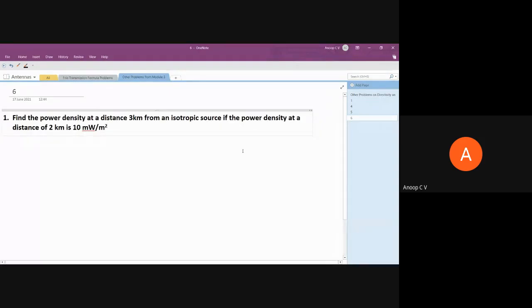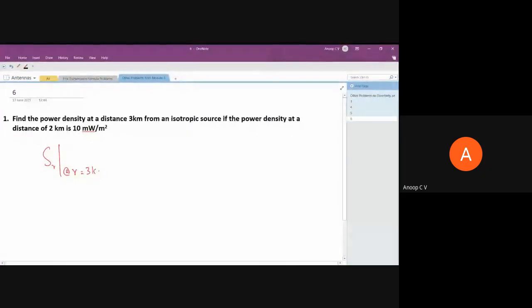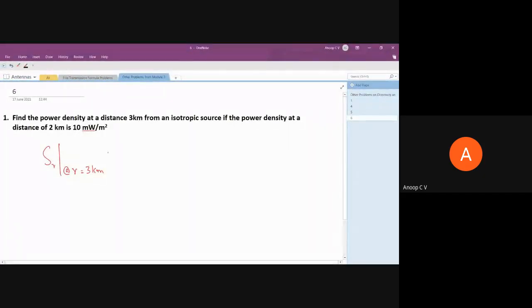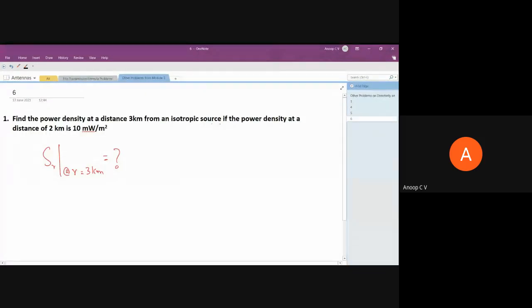Find the power density at a distance of 3 km from an isotropic source, if the power density at a distance of 2 km is 10 milliwatts per meter square. We have to find SR at R equal to 3 km. I'm just interpreting the question. And given it is an isotropic source,